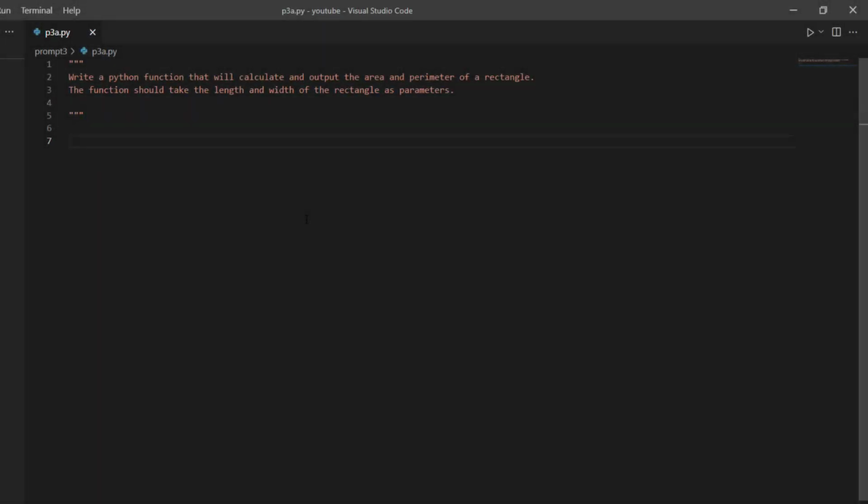In this video, we will write a Python function that will calculate and output the area and perimeter of a rectangle. The function should take the length and width of the rectangle as parameters. So let's get started. To begin, I'm going to define a function, and I'll call it rectangle, that takes length